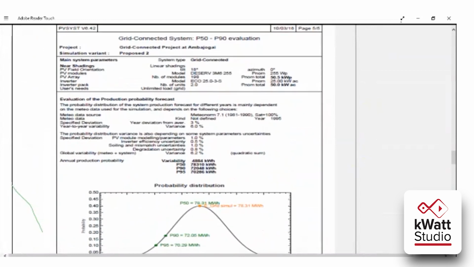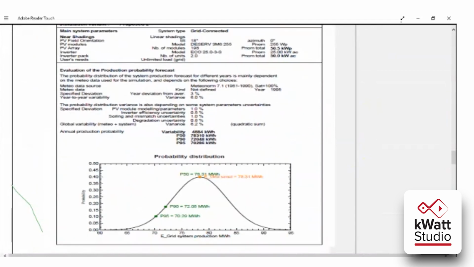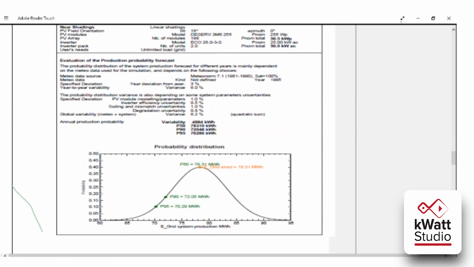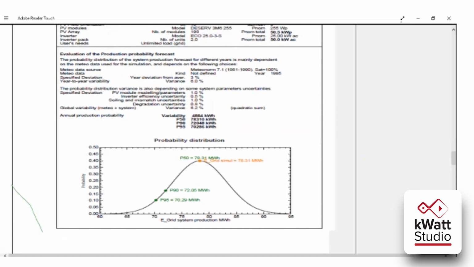So again, all the possibilities are given. While mentioning the generation, you can mention P95 value and P90 value also. So your P95 value will be more accurate and P90 value will be accurate but less than P95 value. So it depends on you which value you want to mention. And P50 value will be even less than the... okay, fine. So the total generation is given over here in megawatt hour.